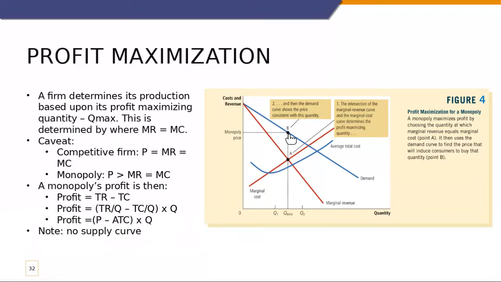And so basically what we see here is that the monopolist can go from A, and they identify that they can sell this quantity max. So let's just say, for example, 50 units. The next question facing the monopolist is, well, how high a price can I charge and still sell 50 units? And to get that, you just trace up to the demand curve, and where this quantity intersects the demand curve, that is where you determine your monopoly price. So it's a fairly simple process, but it's huge because it means that monopolists have the ability, again, to make prices, and this allows them to profit.